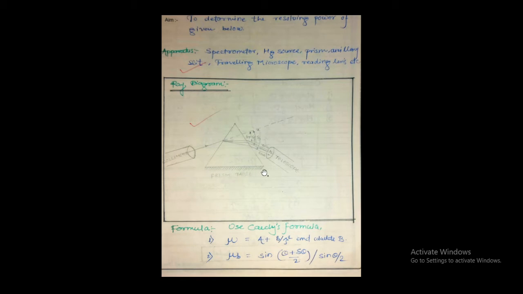It is the prism, it is the base of the prism, and these two are the refracting edges of the prism. It is the collimator of the spectrometer used in the laboratory, the practical darkroom lab, and it is the telescope of the spectrometer, with the traveling microscope for recording the readings.